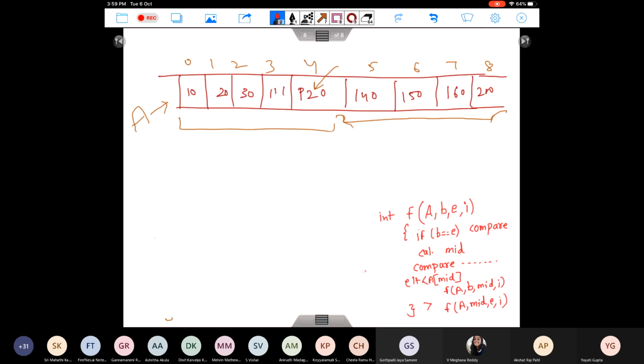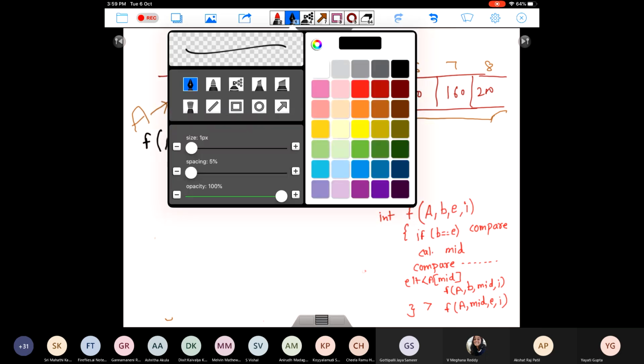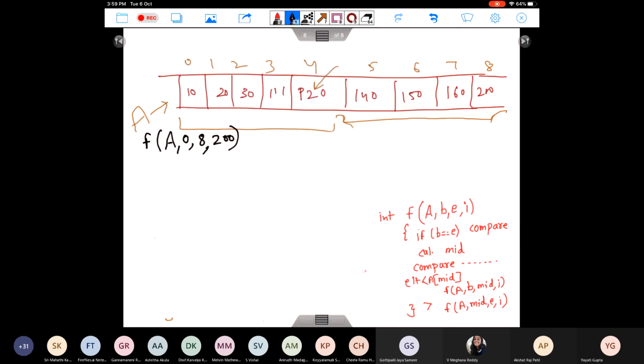So what will happen initially? Initially from the main, we are going to call f of a, where beginning is 0, end is 8, and the element I'm searching for is 200. So this is the function call which is received from main. What is this function going to do? It first checks whether beginning is equal to end or not.